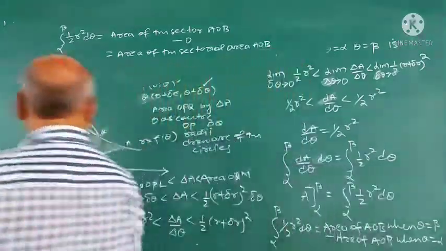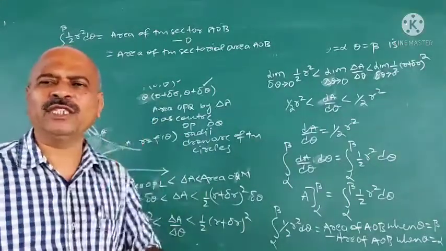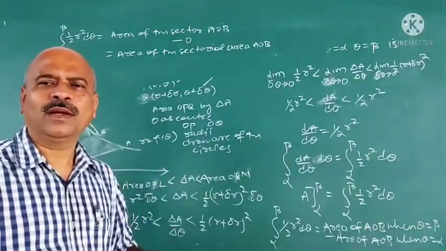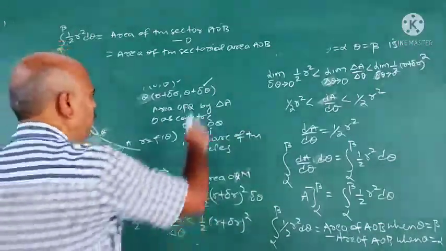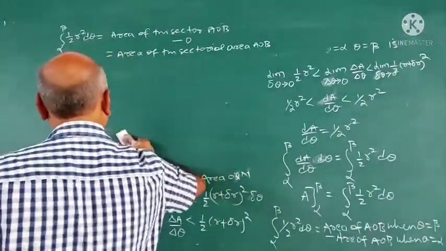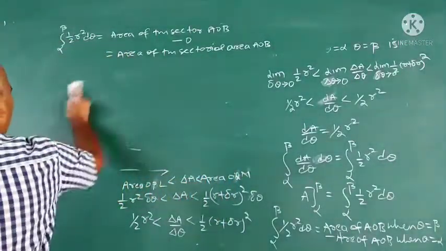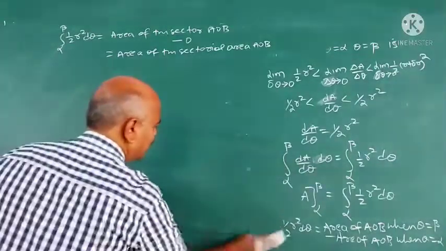I think the proof is clear. In the middle I have interchanged P and Q to make the proof convincing. You go through that again. And the formula is important. Remember, the area formula for polar curves is alpha to beta half r square d theta. This is the formula.